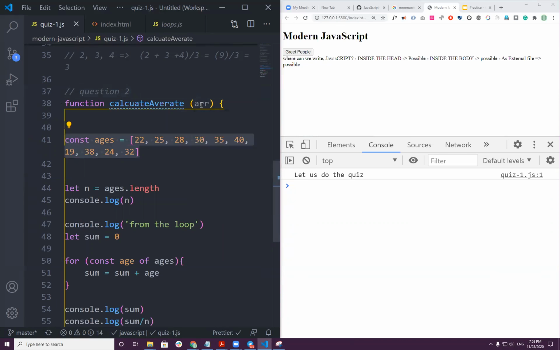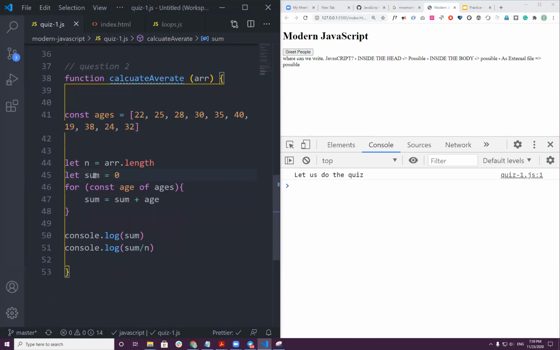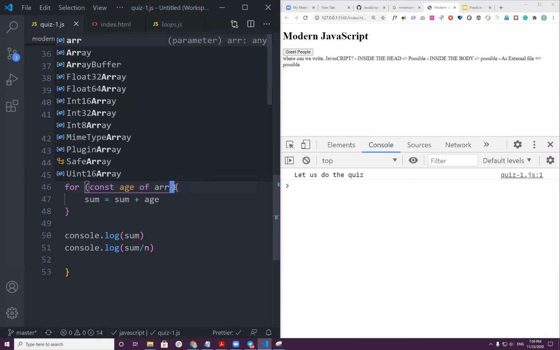Instead, we have array. So instead of ages, I can get array. We have seen this also. We don't need this code. And instead of ages, I can say again array.